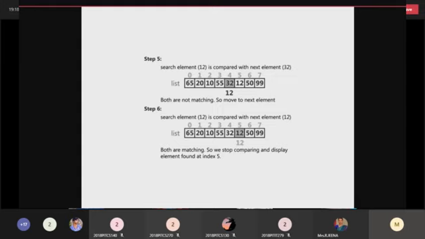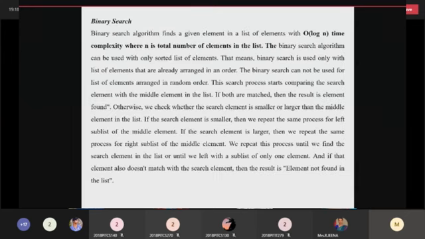The next one is called binary search. Binary search is also one of the important techniques. In binary search we also do the searching operation, but the way is different compared to linear search. In binary search, we apply it only once the elements are in sorted order. It is not possible to apply it on random order. So whether in ascending order or descending order, you have to give the input sorted.